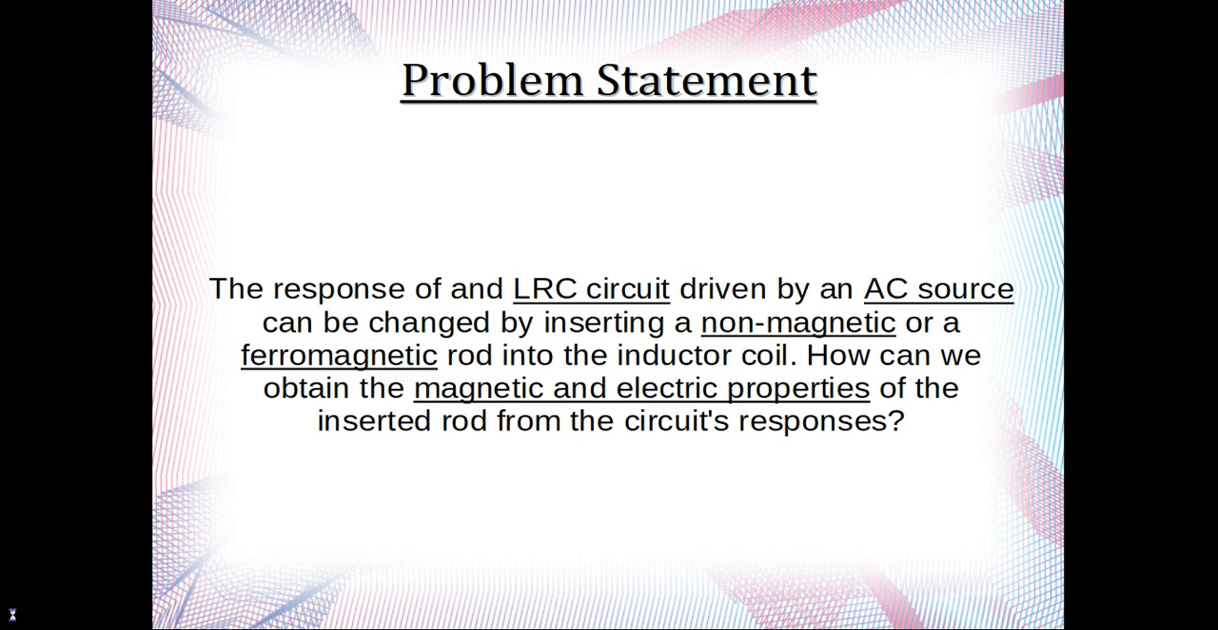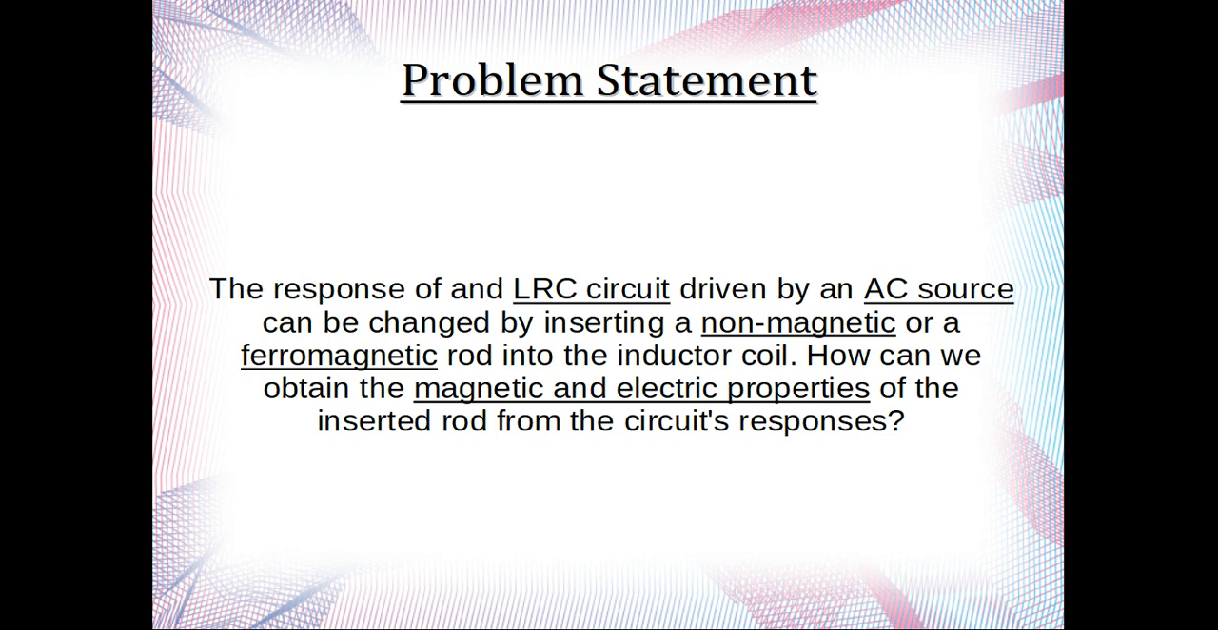First of all, I would like to discuss the problem statement as given. The problem statement states that the response of an LRC circuit driven by an AC source can be changed by inserting a non-magnetic or a ferromagnetic rod into an inductor coil. How can we obtain the magnetic and electric properties of the inserted rod from the circuit's responses? They are mentioning that